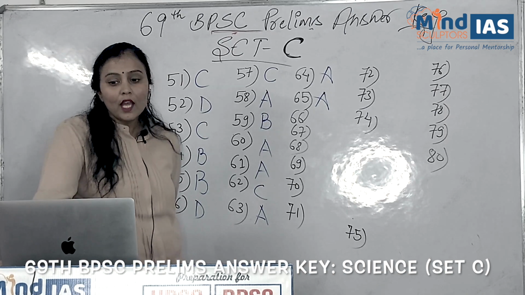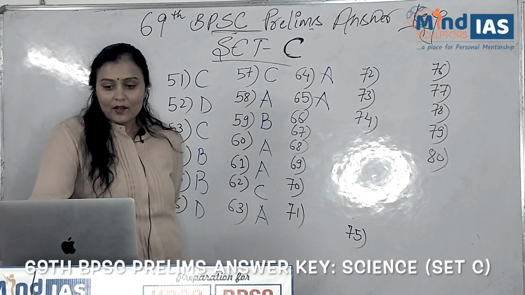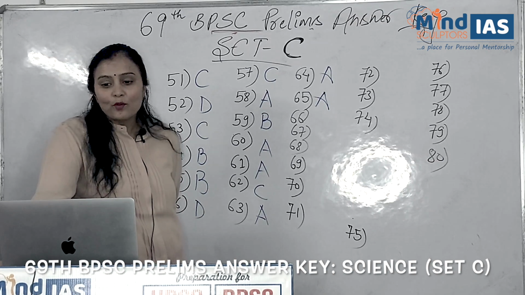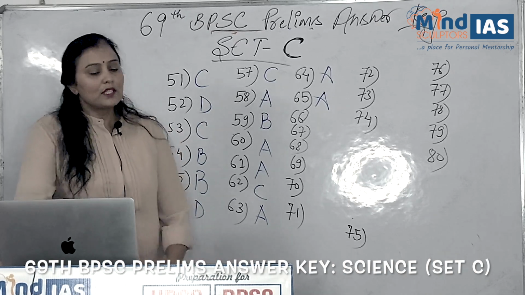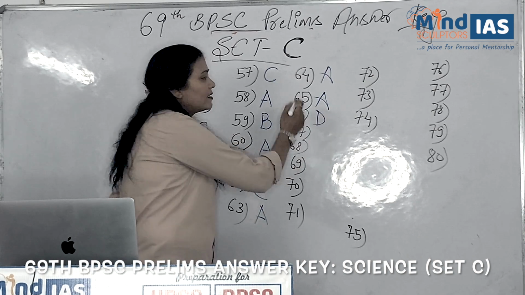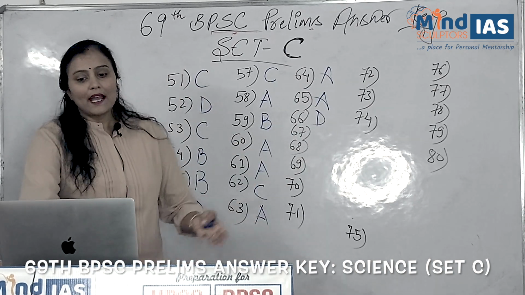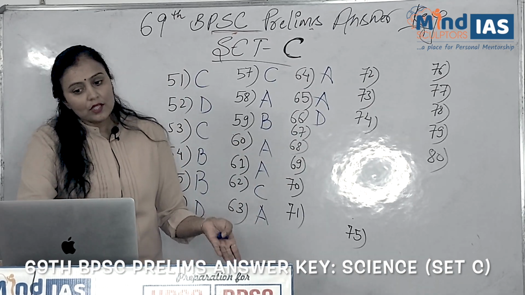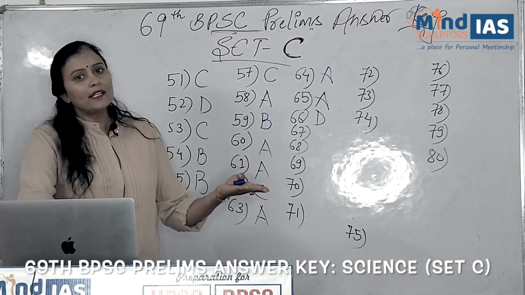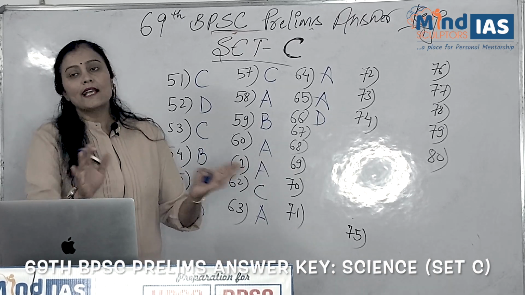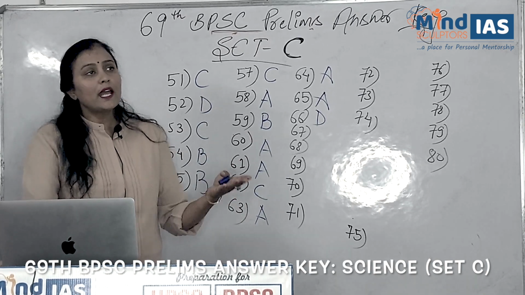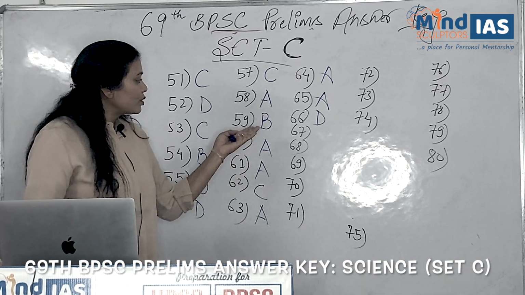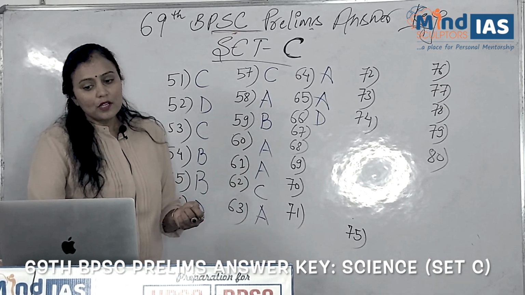Which of the following slows down the reaction rate? Four options are given: homogeneous catalyst, heterogeneous catalyst, catalytic promoter, and none of the above. The right answer for this question is option D, none of the above. Homogeneous catalyst can also promote the rate of reaction. Heterogeneous catalysts are those that have a different phase compared to the reactant, and catalytic promoters are also substances which can enhance the rate of reaction. So the right answer for this question is option D.